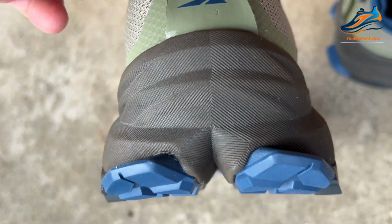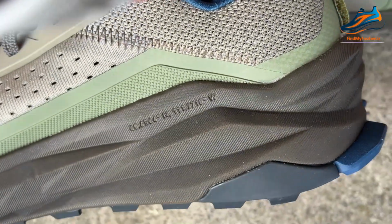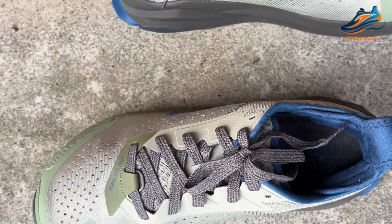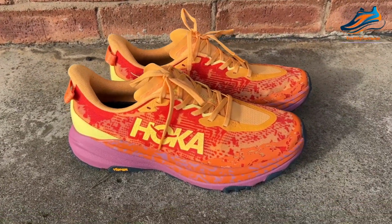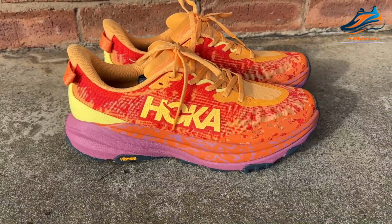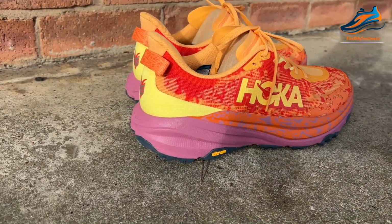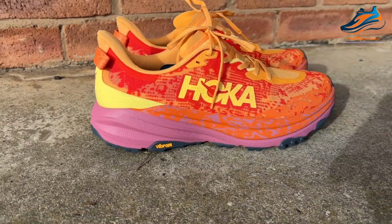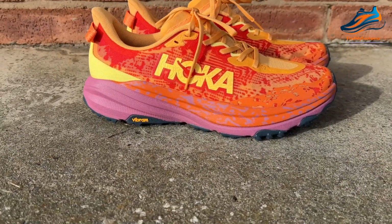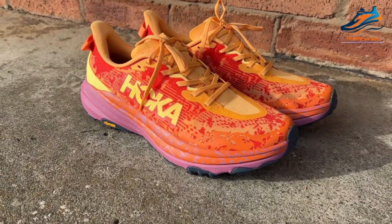Great, go anywhere, very stable, zero drop, plenty of cushioning and excellent traction. And if you want something just between a zero drop and a higher stack, then the Hoka Speedgoat, a real favourite, very well established now. This is the 6th iteration of that shoe. Still getting on towards 39mm in the heel, 5mm drop. Lots of cushioning. It is a compression molded EVA, but it is lighter and more responsive than previous versions of